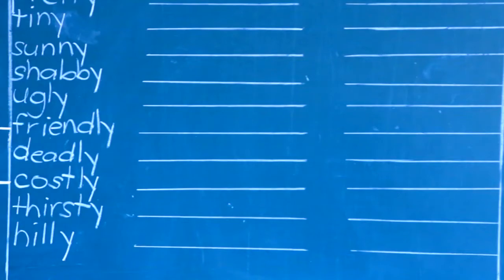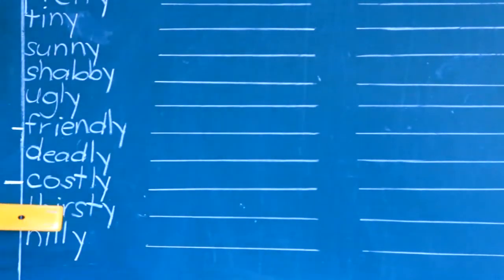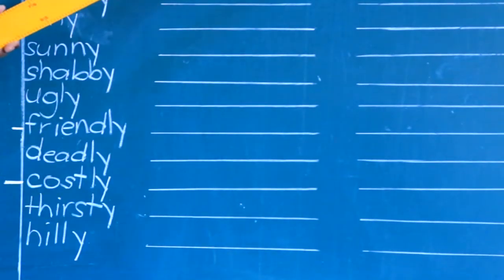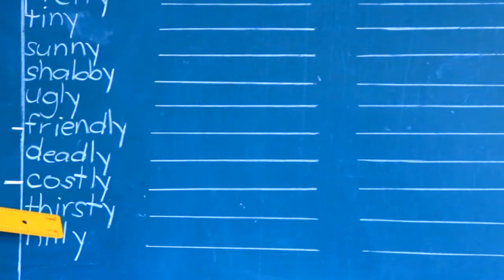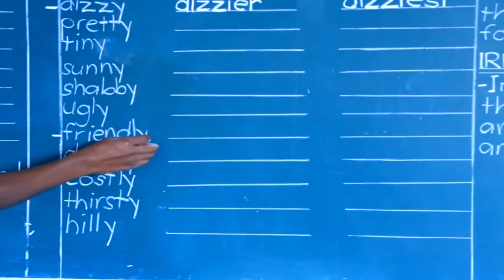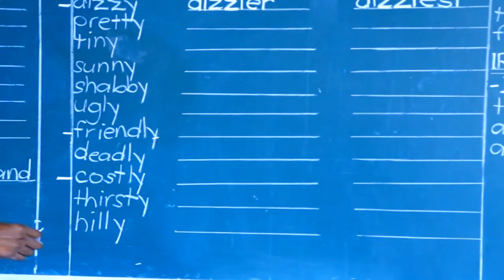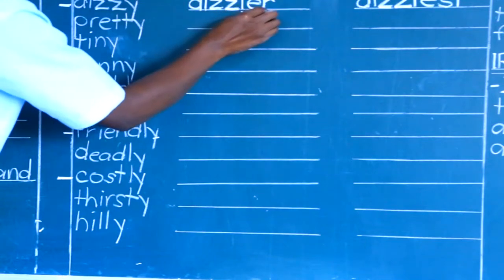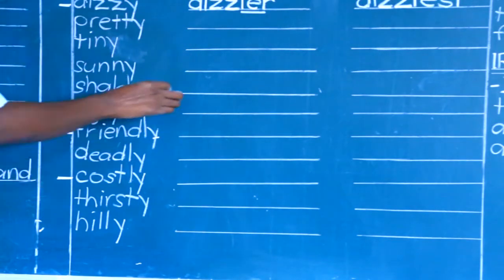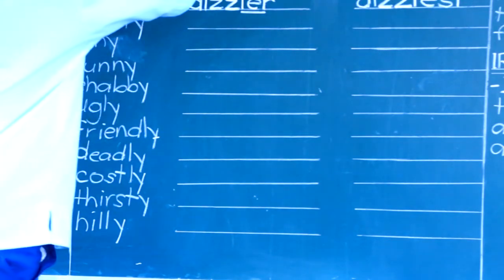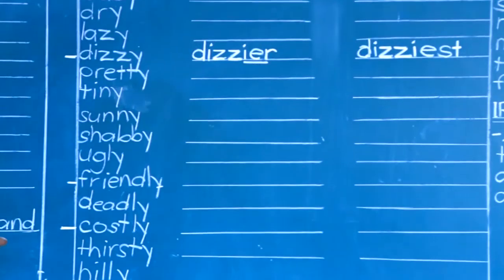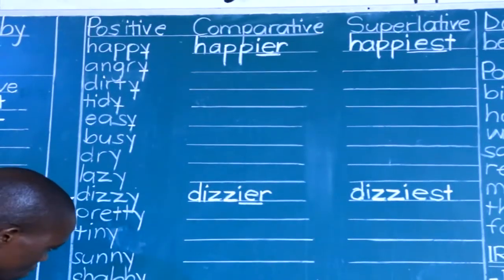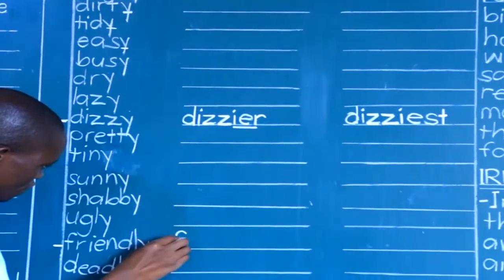Maybe then costly. We are going to work them out together, following the same rule the teacher has given us. Friendly. Form the comparative of friendly. The teacher has told you, replace the last y with IER, as we did in busy, with IER as we did in happy. So friendly, you write